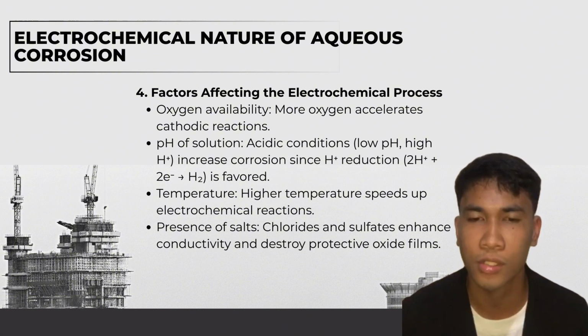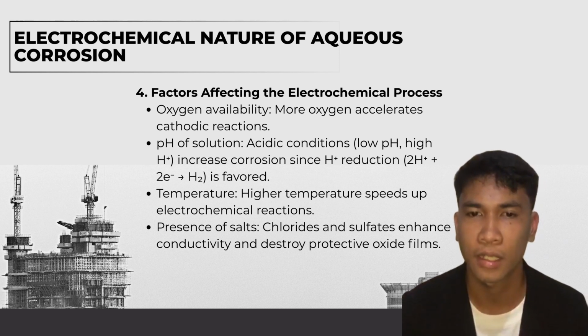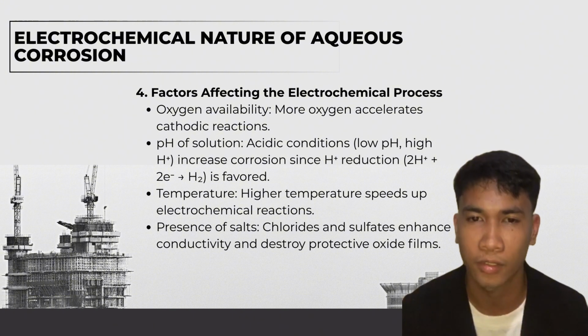Increased corrosion since hydrogen reduction, 2H+ + 2e- → H2, is favored. Temperature: higher temperature speeds up electrochemical reactions. pH of solution: acidic conditions, with low pH or high hydrogen ion concentration,